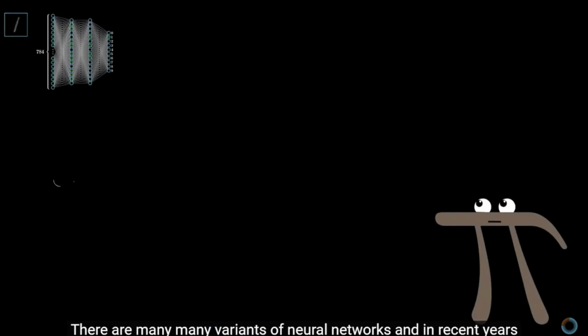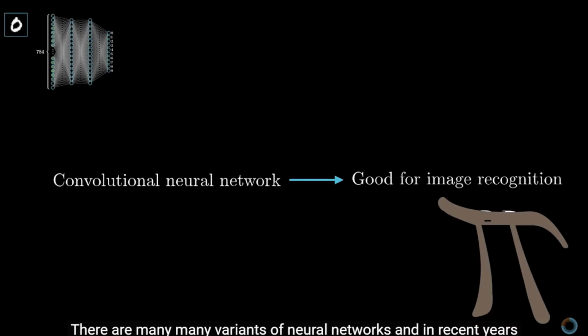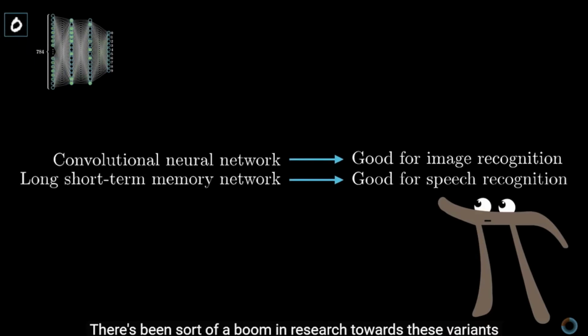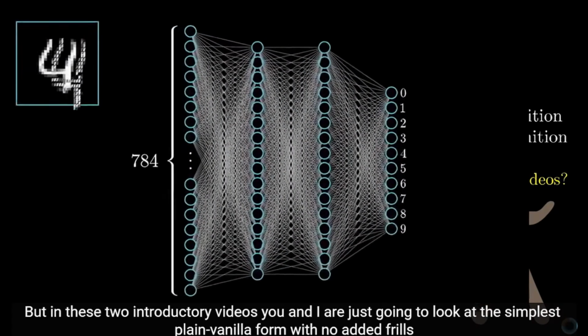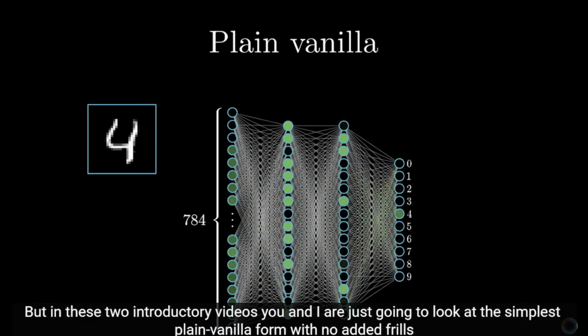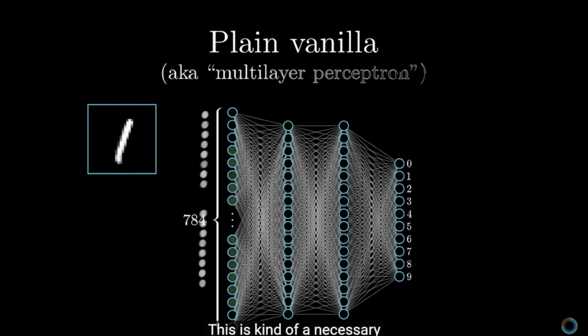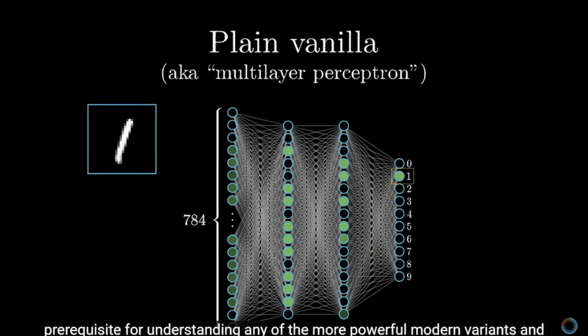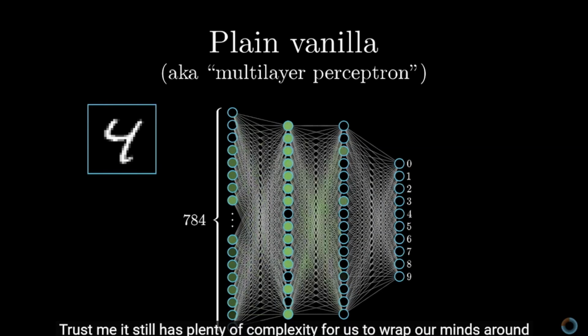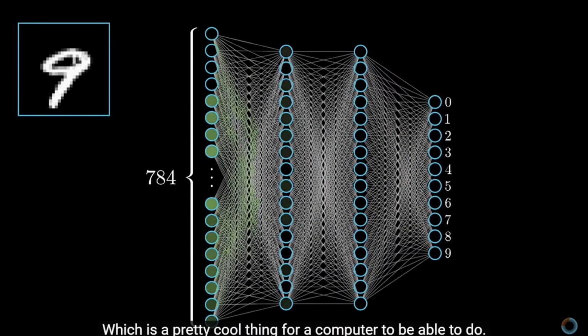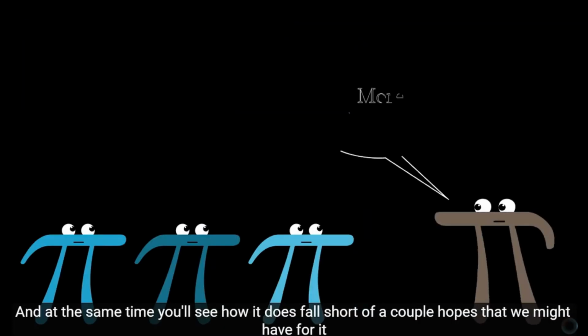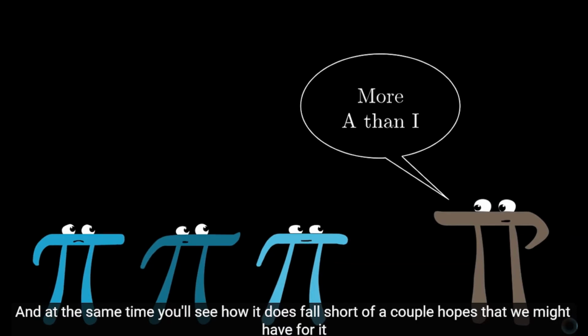There are many variants of neural networks, and in recent years there's been sort of a boom in research towards these variants. But in these 2 introductory videos, you and I are just going to look at the simplest plain vanilla form with no added frills. This is kind of a necessary prerequisite for understanding any of the more powerful modern variants, and trust me, it still has plenty of complexity for us to wrap our minds around. But even in this simplest form, it can learn to recognize handwritten digits, which is a pretty cool thing for a computer to be able to do. And at the same time, you'll see how it does fall short of a couple hopes that we might have